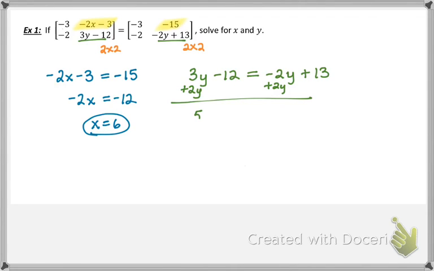I've got 5y minus 12 equals 13. Add 12 on both sides. 5y equals 25, and y equals 5. Okay, so if x equals 6 and y equals 5, then every corresponding element of the two matrices are equal